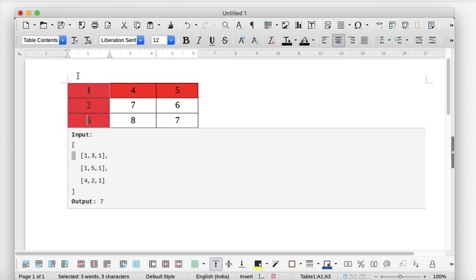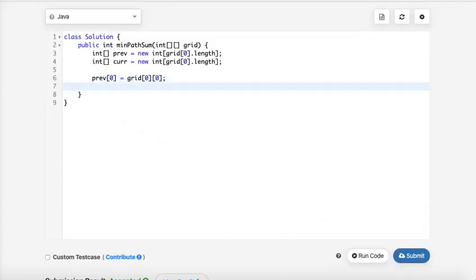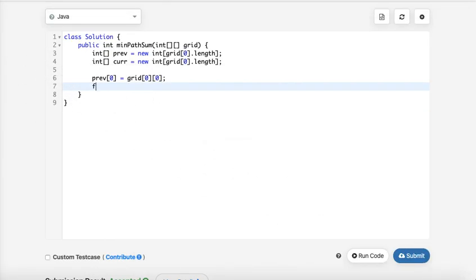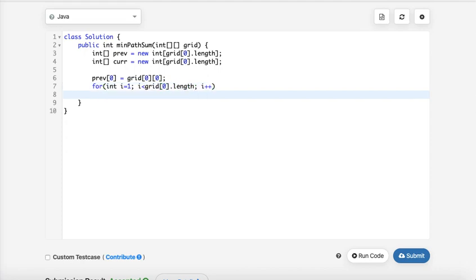So this is the same thing that we did here. It will be initialized from grid 0 0, the first cell in the grid. And then I have to calculate the previous row, the special case, I mean the first row. I have to calculate this only from the left of it because there are no above elements. So this will be previous of i minus 1 plus only the left of the element, I mean the current grid.